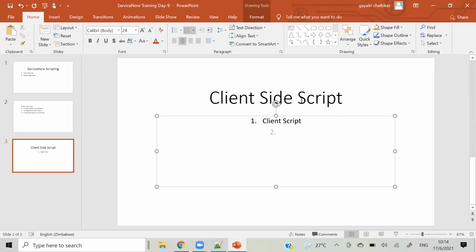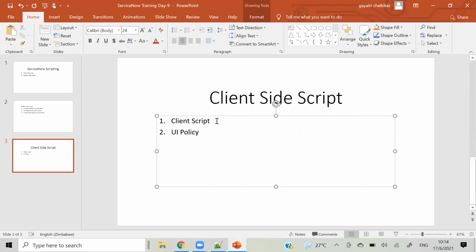There is client side script and server side script. So what are the things in client side script? You can see client side script, again client script and UI policy. And there is one more thing, I will take that later. First these two.